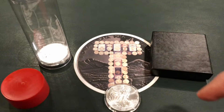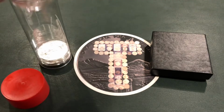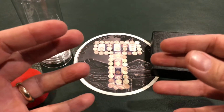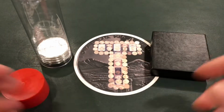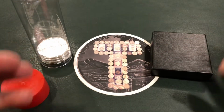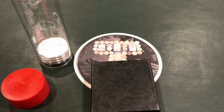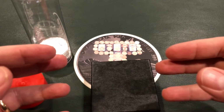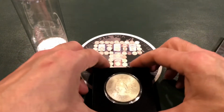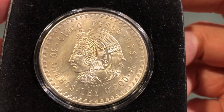And he said, no, not really. And then for some reason, he had to go to the back to dink around with something. And I saw something in his display case that caught my eye as I was looking for rounds and other things. And I saw this. And check this out. You guys who have been watching me for a while know, luckily he wasn't around to see my eyes bulge out because I was very happy to see this. Take a look. It is a Cuauhtémoc, 5 pesos,